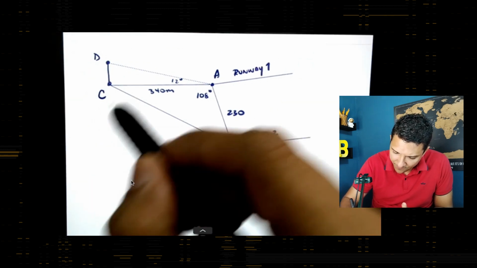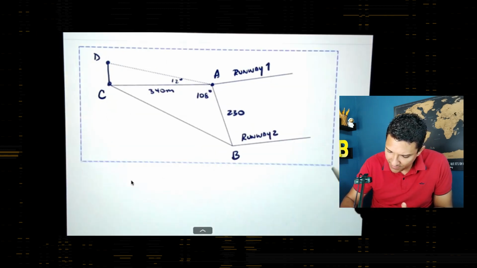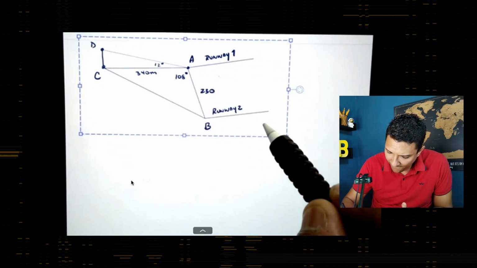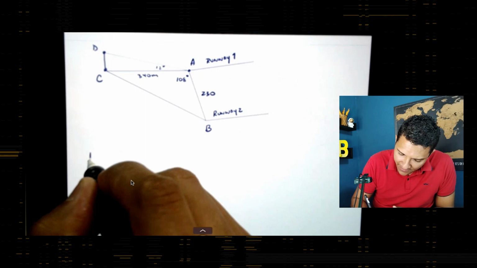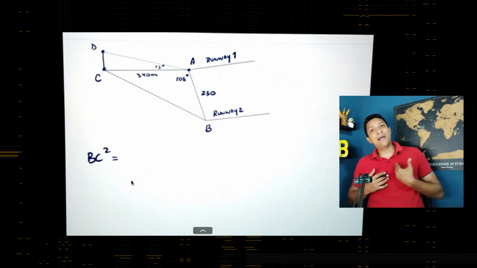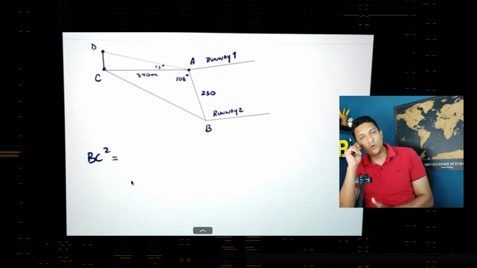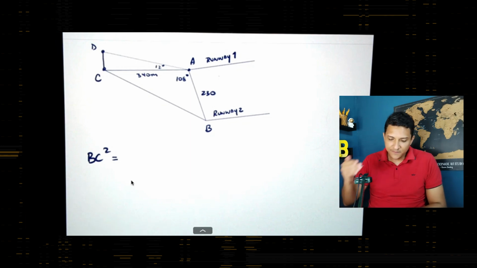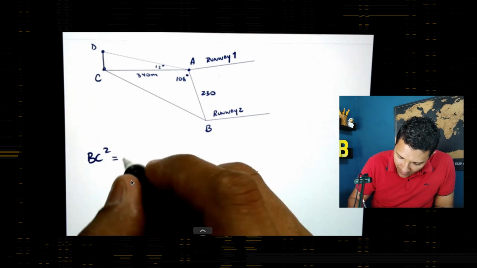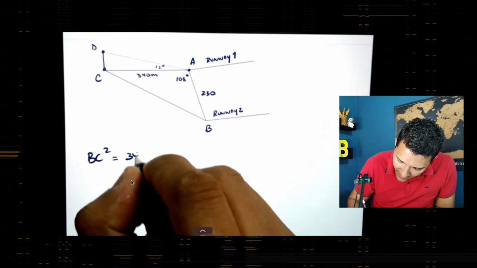Let me erase here, because I need more space. There you go. Okay, so BC to the second power. Remember that when I'm working with the cosine rule, I always start with what I'm looking for. In this case, the variable I'm trying to find is BC, so I'm going to start from it. BC squared equals the other two sides to the second power